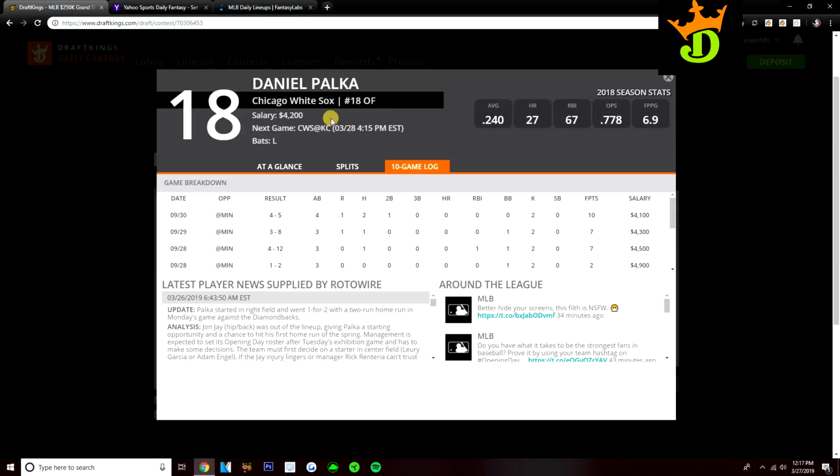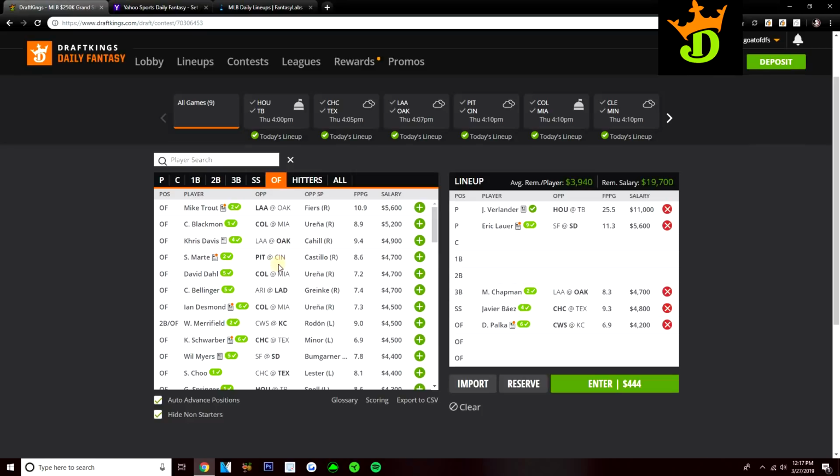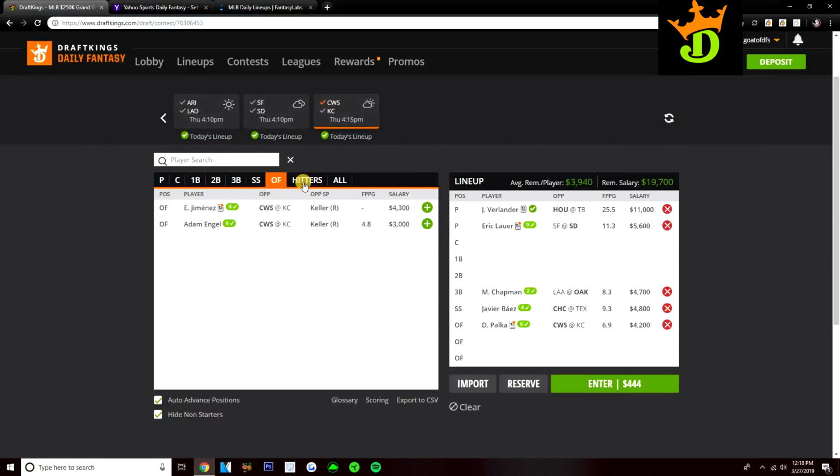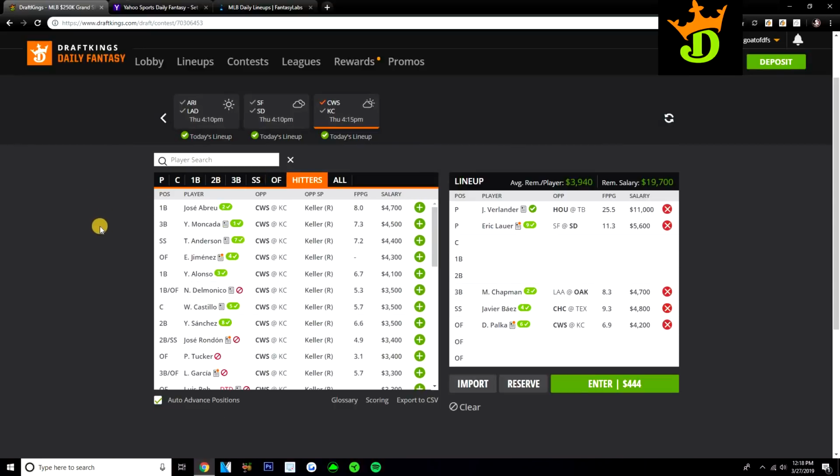I think the White Sox are another team you could probably look to for some good bats. Brad Keller, definitely not the best pitcher, a pitcher that we can pick on. Go look at some White Sox hitters that we could potentially target. Jose Abreu, if you want to pay up for him at first base, 4,700. I think he's an option. Yonder Alonso, sort of as a cheaper value option at first base at 4,100, I do like. Even Wellington Castillo at 3,500. Expect to bat 5th. You could look to. You got Yoan Moncada leading off, another guy you could look to at 4,500.